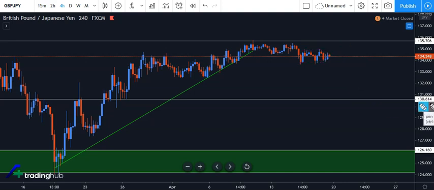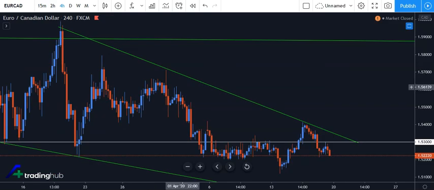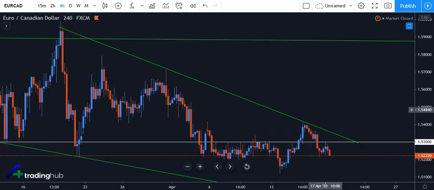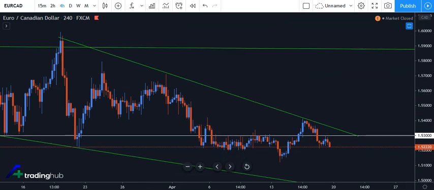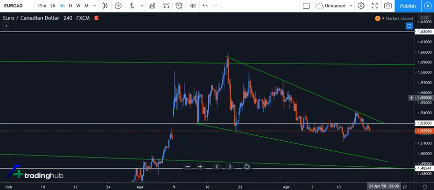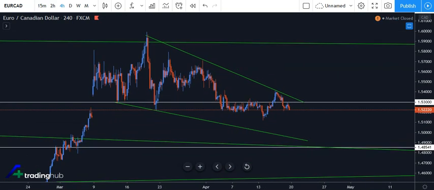The next chart we are going to look at is Euro card. We have been bullish on Euro card for long term, but since the beginning of this month we have been trading in a corrective structure. So I want to see that break out of that structure this week. So we may see price make one more push to the downside, but I'm not looking for this to happen right now. What I want to see this week is a bullish move to